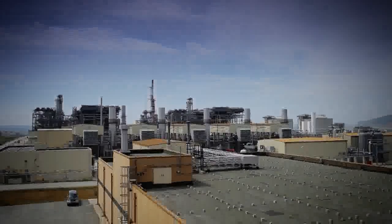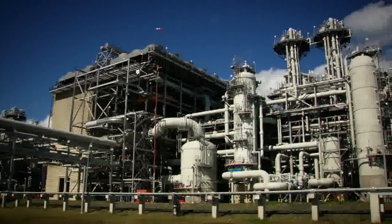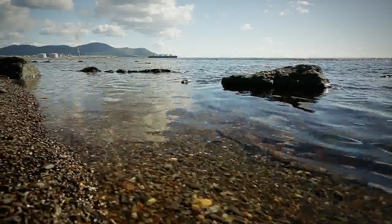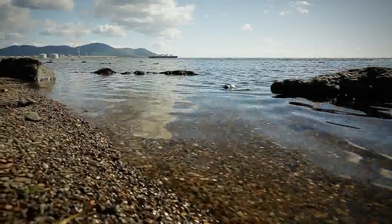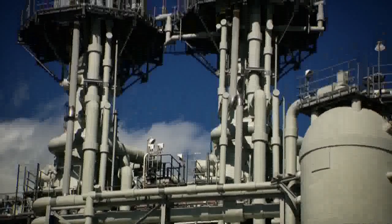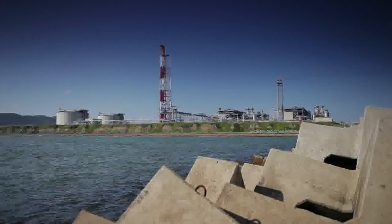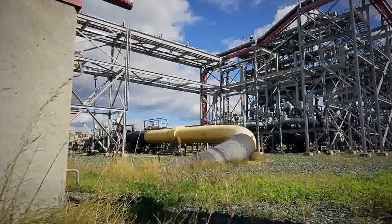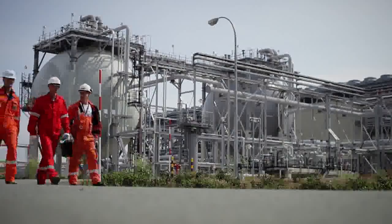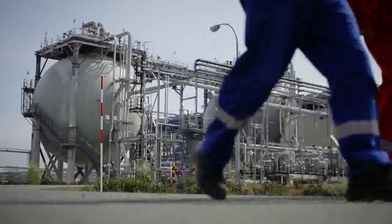Gazprom already has a wealth of experience in the production of liquefied natural gas. Sakhalin Region, Prigorodny Manufacturing Complex. In this picturesque setting, on the banks of the Sea of Okhotsk, lies Russia's first liquefied natural gas plant. The gas comes here from the Lunskaya field. Launched in February of 2009, the plant had already reached design capacity by 2010, which was 9.6 million tons of liquefied natural gas a year. Today, this plant, which was built as part of the Sakhalin 2 project, produces more than 10 million tons of